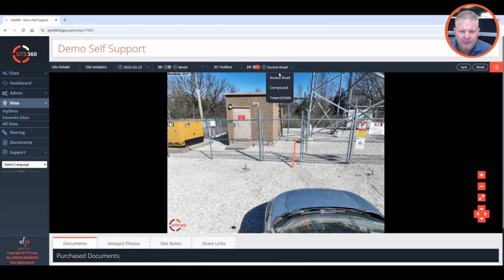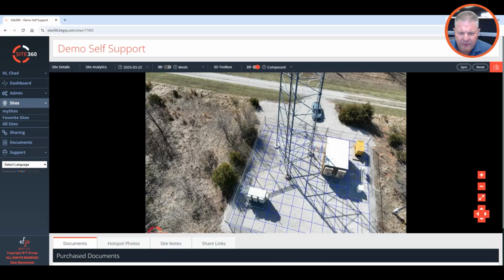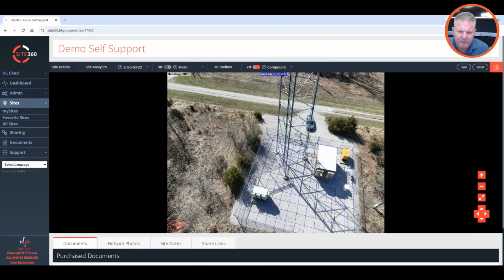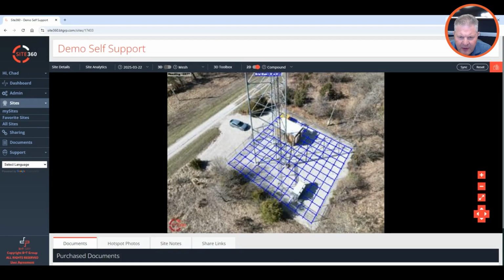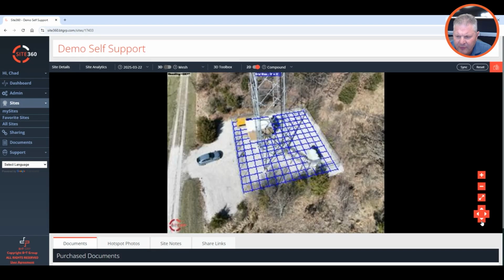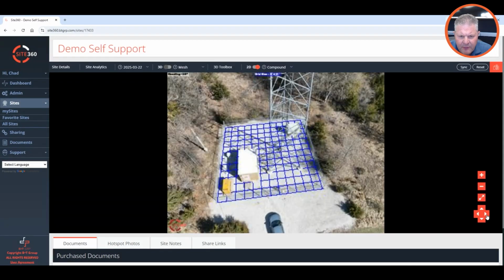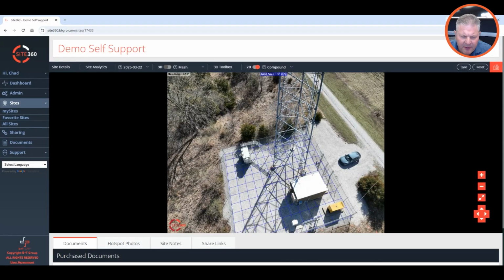Next is our compound view. So as the name tells, you get a view of the tower compound. We're going to fly around. Essentially, it flies around the compound at a lower level generally and gives you a view of the tower compound. A couple of features here you'll notice. First of all, that grid. The grid is we're overlaying a scaled grid over the 2D view. So just for quick reference, as you can see up here at the top, the grid size in this model